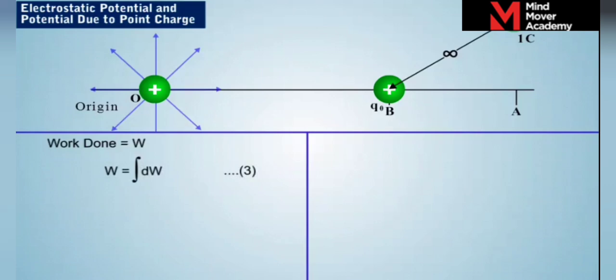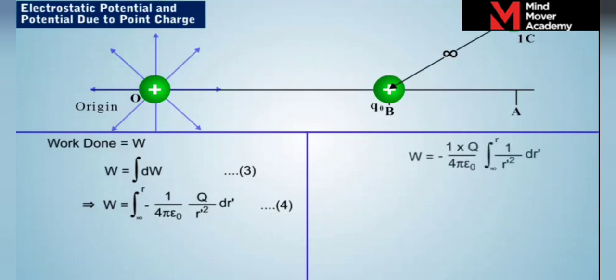Substituting the value of dW, we get W is equal to minus integral 1 by 4 pi epsilon naught Q by r dash square into dr dash in the limits ranging from infinity to r. Let us label it as equation 4. Since 1 by 4 pi epsilon naught and Q are constants, evaluating only the integral,